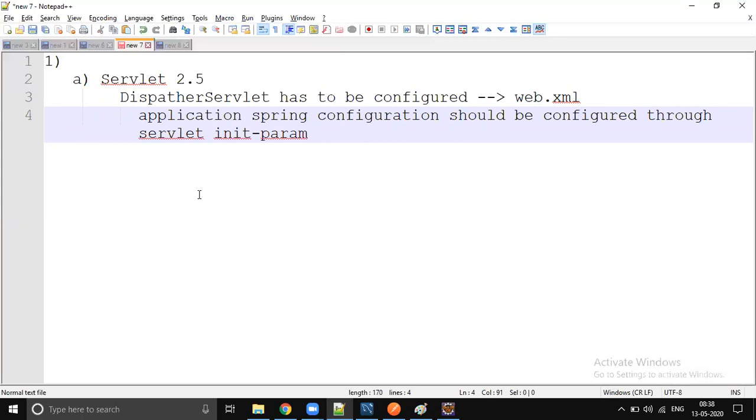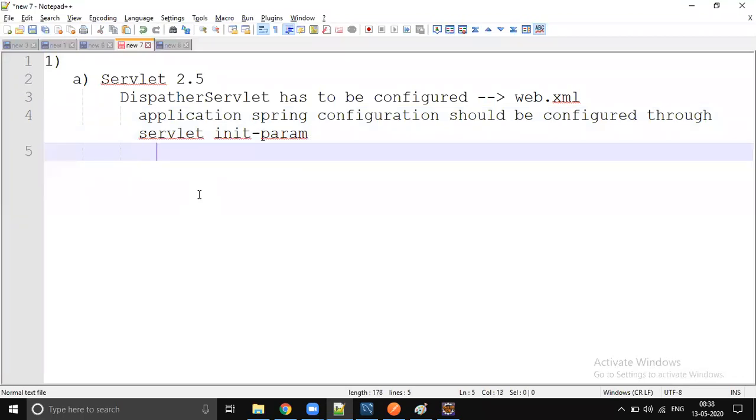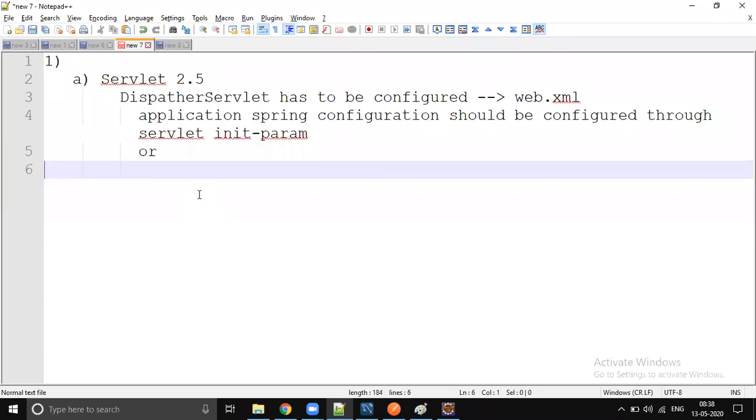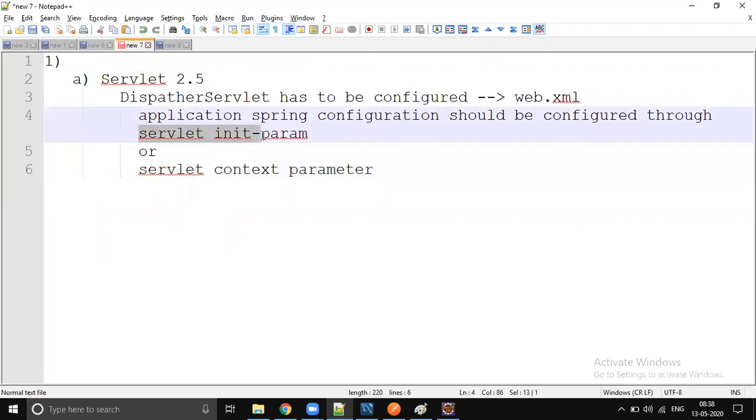Servlet init parameter or servlet context parameter, any way you can configure. The only difference is if you configure it as an init parameter, the scope is only up to the dispatcher servlet. In microservices, we will have only one dispatcher servlet, so init parameter is fine.